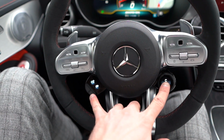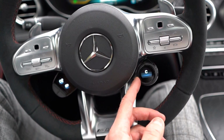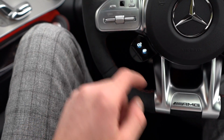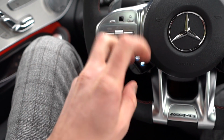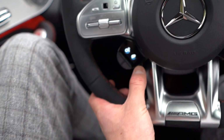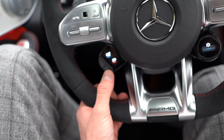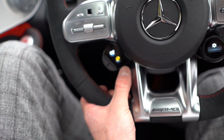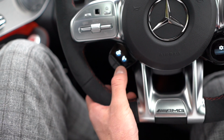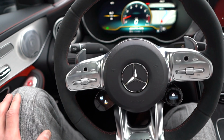These 2 buttons on the outer sides here are perhaps my favorite features of the vehicle. This knob on the right allows you to change between your different driving modes. Here on the left, these 2 buttons you can program to be whatever preset you like, and then by choosing the outer buttons it'll toggle between. So you'll notice here we're on the exhaust, so pressing that outer button will open and close the exhaust baffle, but you can also allow that to be for your automatic start-stop, traction control, suspension. So it gives you nice 2 presets that you can easily utilize without ever having to take your hands off